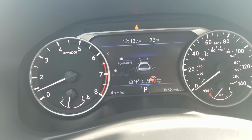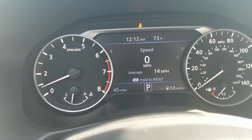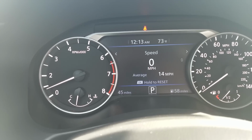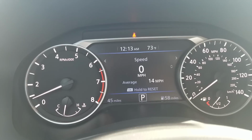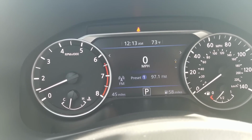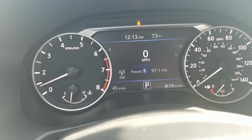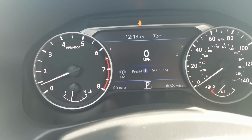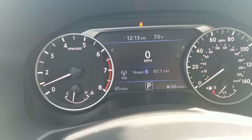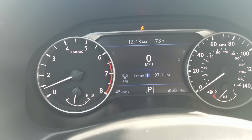Also emergency braking, your front emergency braking, you can go over all of that. Your speed, so it tells you the speed that you're actually going while you're driving. On the next page, it's a blank page, and then also the front top page would be what you're listening to, as well as how fast you're driving. You do have the time in there as well, and you do have the temperature that is outside,